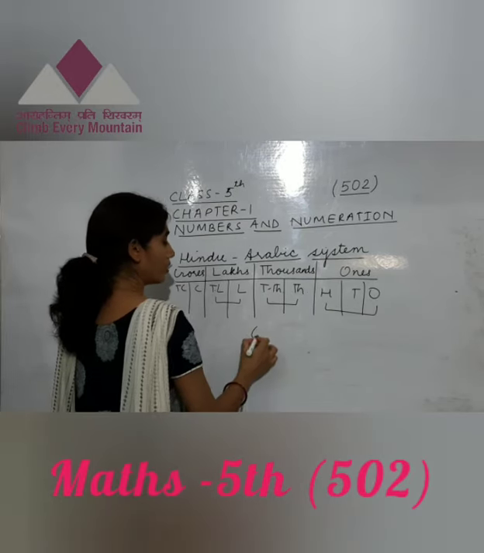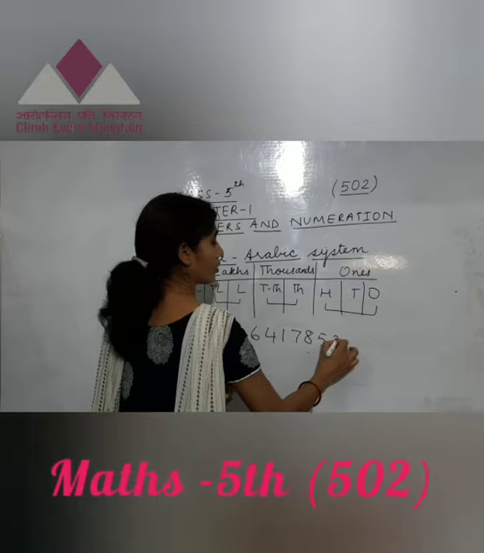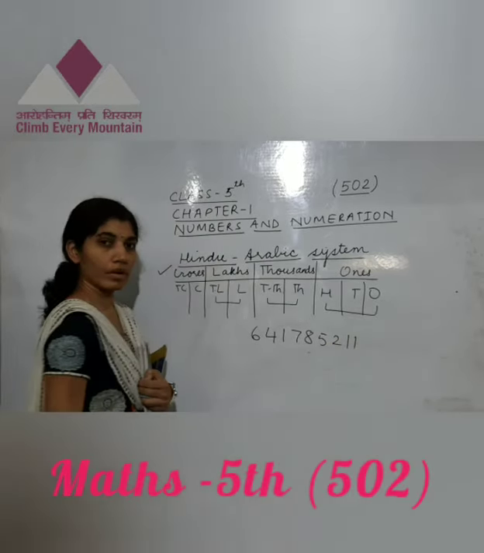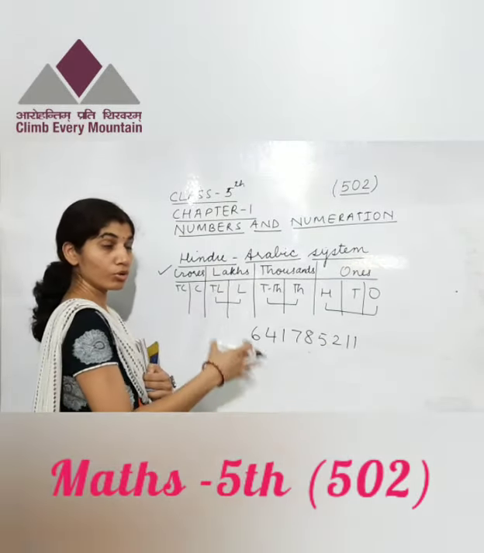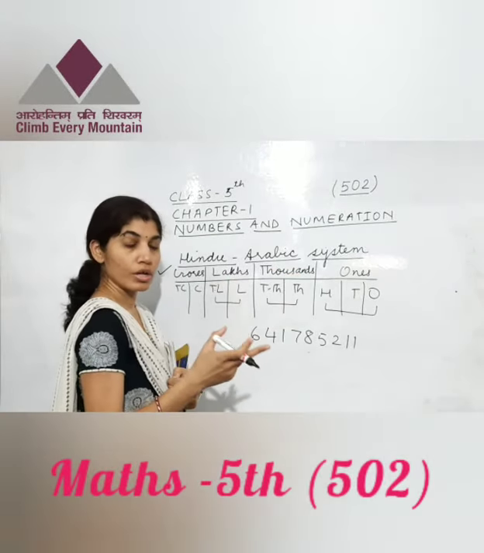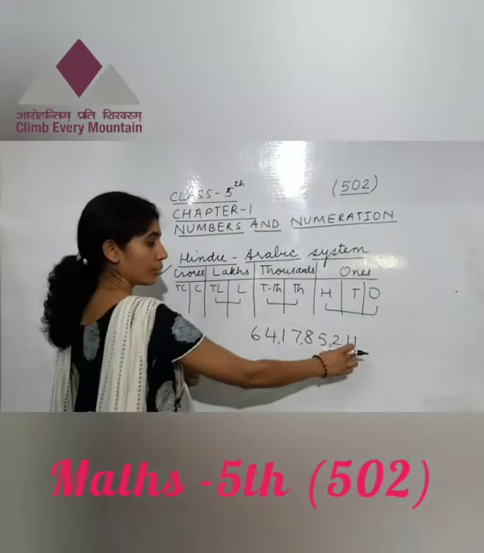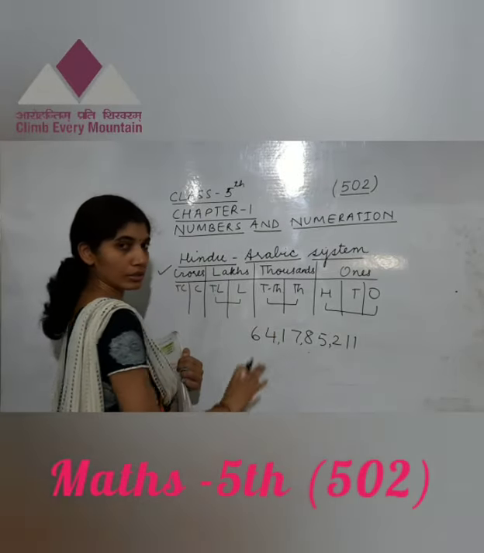Suppose we have the number. This is the number. Again the same method will be there. And now you should learn, you should not be seeing the chart again and again. You should know which period should have how many places. So 1, 2, 3, comma, 1, 2, comma, 1, 2, comma. Okay? 3 places, 2 places, 2 places, 2 places.